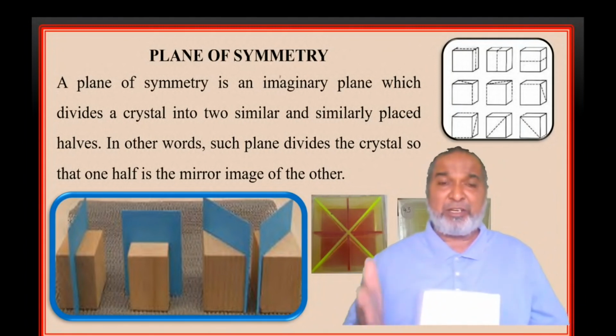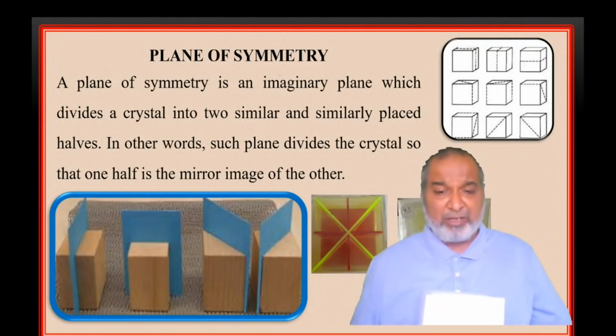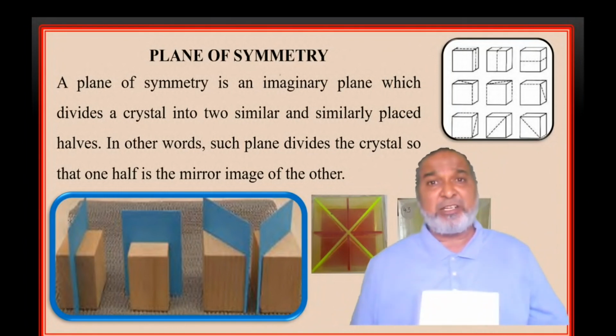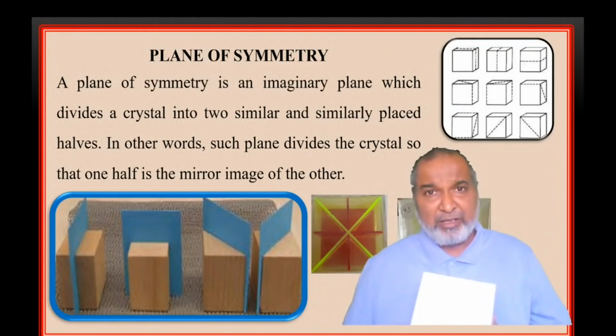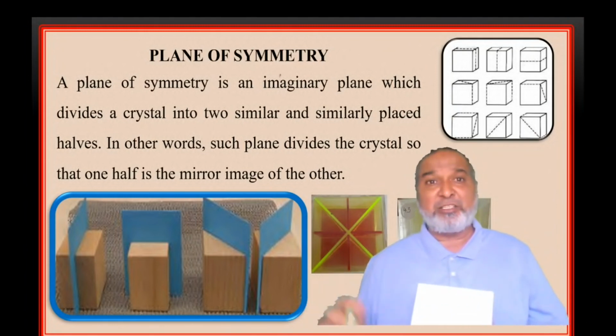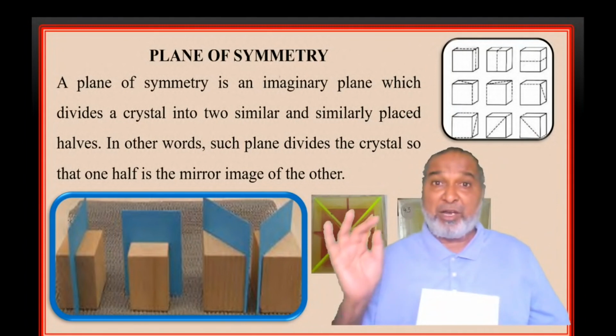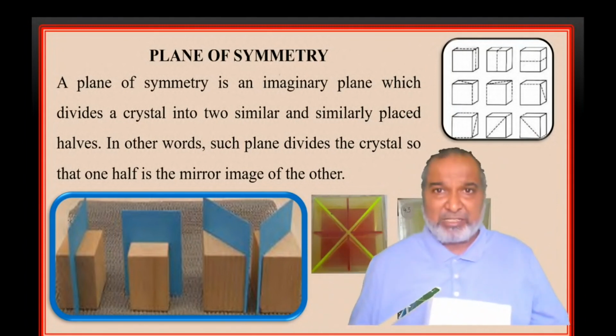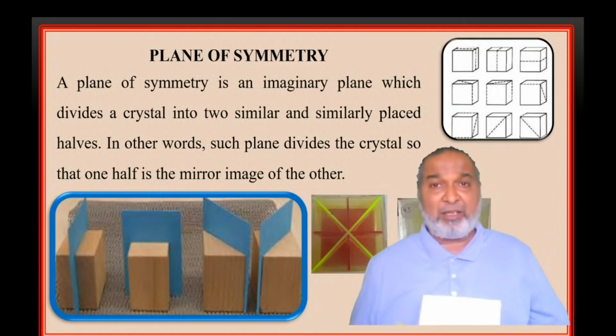First one, plane of symmetry; second, axis of symmetry; third, center of symmetry. Today we'll first see the plane of symmetry. It is an imaginary plane which divides the crystal into two equal parts. Now we have to find out the possibilities. If you go about it haphazardly, it is of no use. You have to go in a systematic way. That is very, very important, because here we have the maximum planes. I'll show you the simplest way to remember.